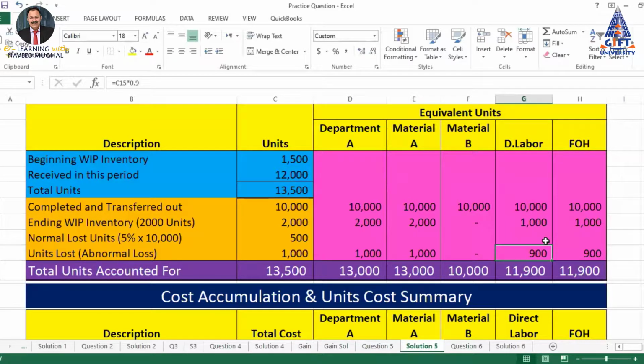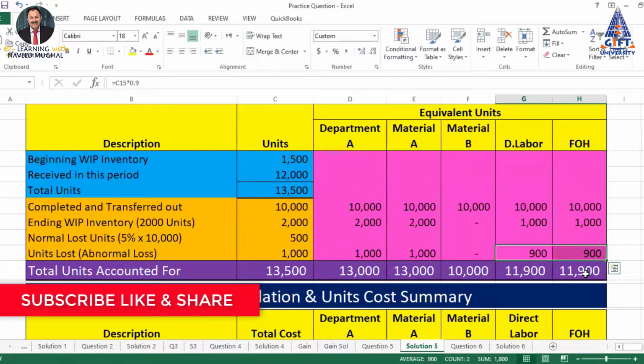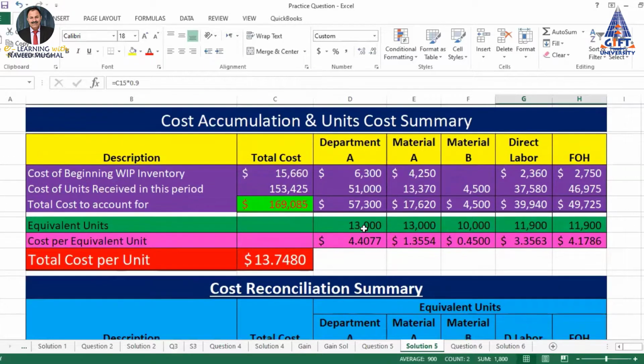And when it is said that units are lost at the end of the process, we always take both of them as 100%. When it is said that units are lost at the end of the process, no percentage is given to us for where these units were lost. So we will take it as 100%. When we take it as 100%, it means that we have calculated the equivalent unit of every unit. And this equivalent unit figure will be used over here for the calculation of per unit cost of each cost element. So total cost divided by equivalent units,